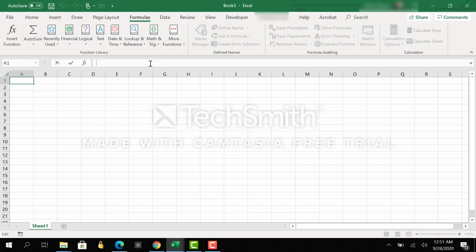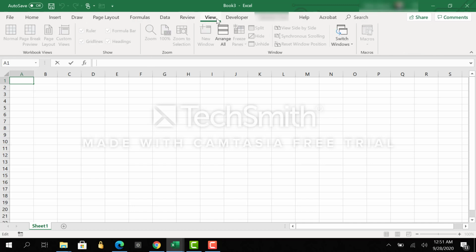Now, if I go to my View tab, there is the View tab here. There is a series of check marks, if you see here, and one of them is called Formula Bar. So I have got this Show section, and I have got Formula Bar.